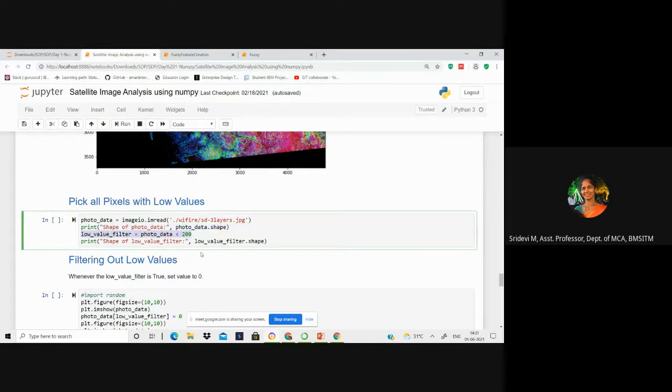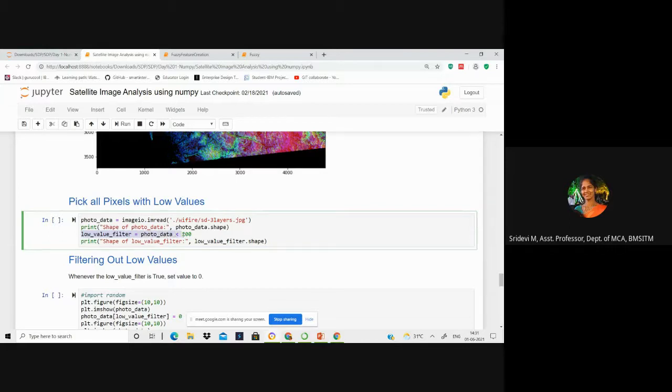Understand this slowly. Today we are going to analyze only this image. No hurry to run forward. We still have 2 more case studies, we'll complete that. See this carefully. We are creating a low intensity filter, a low value filter. You know how to create a filter, right? You have understood that in NumPy arrays. How are you creating that filter?